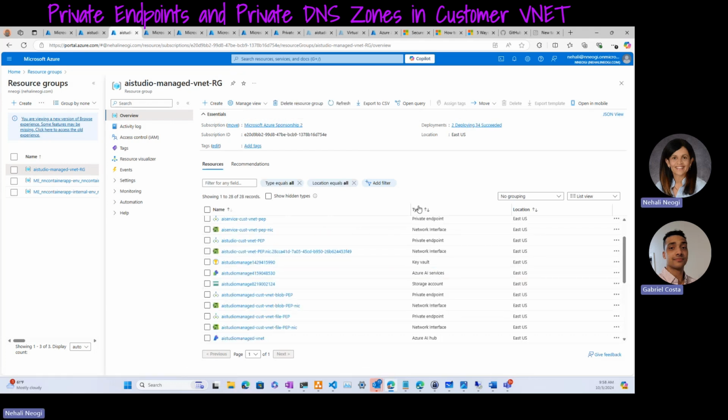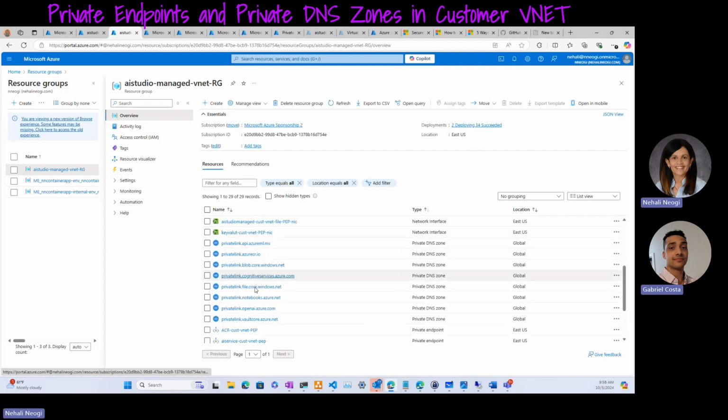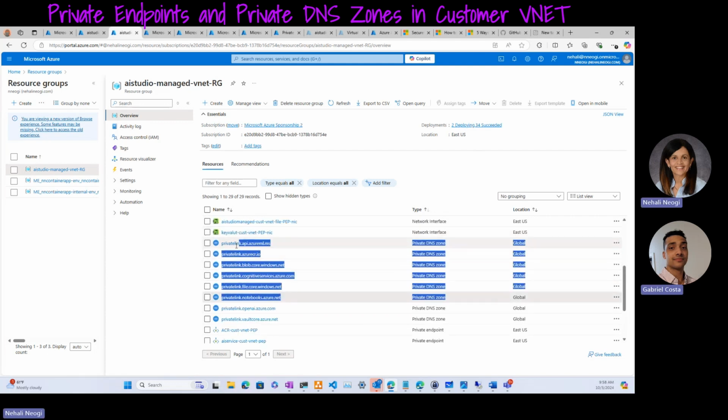I think we refresh it. Sorry, go ahead. No problem. Yeah, we refresh it now. I think we see all of those additional private endpoints created, and those NICs, so that's good. And I think the DNS zones as well, all of these new ones. Let's go over the private